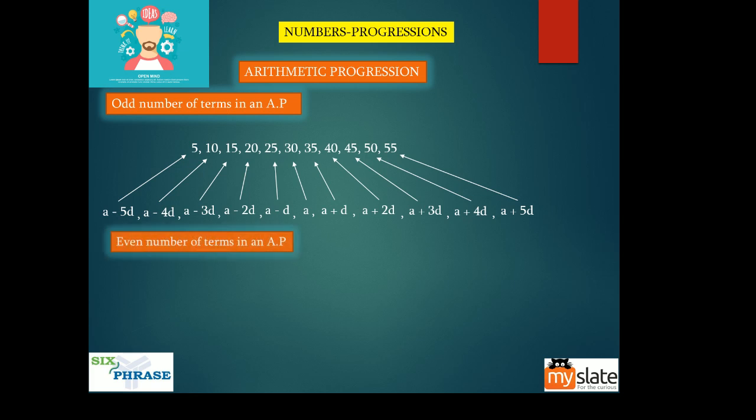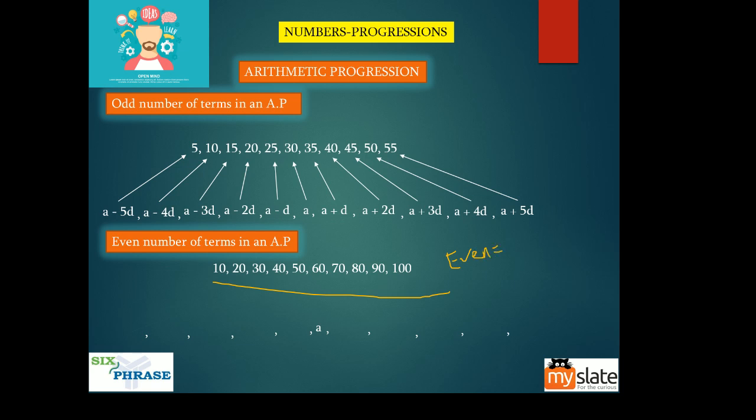Now when it is an even number of terms in an AP, what we do is, now there is no center term. Yes, because there are 1, 4, 6. Guys, we have 10 terms here. So this is even. We have 10 terms, so this is even. So we won't have a center term. The center will lie somewhere around here. This is where the center will be, between 50 and 60. So what is the value that is between 50 and 60, guys?